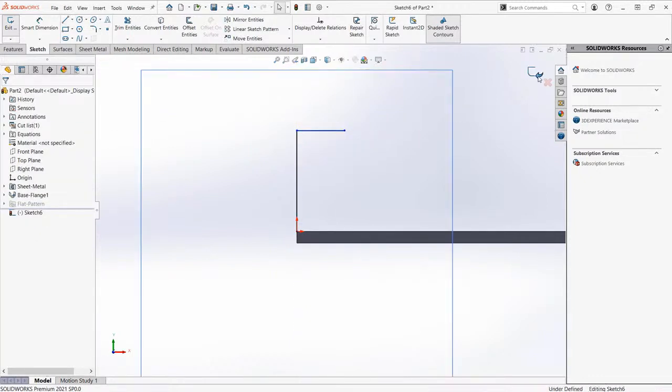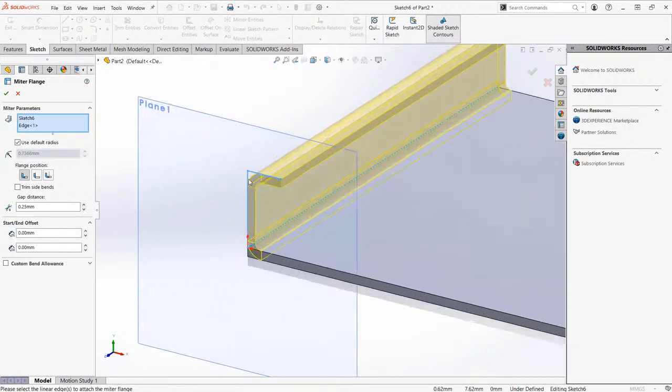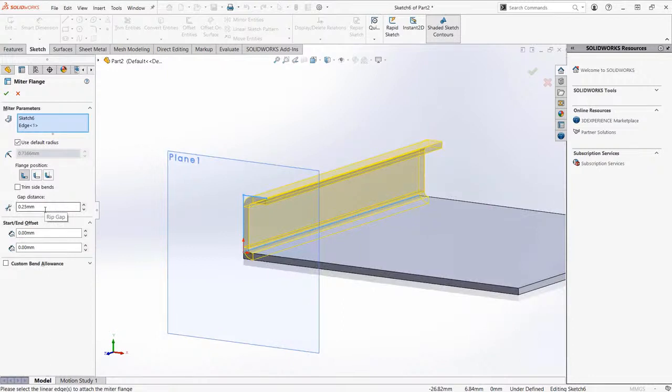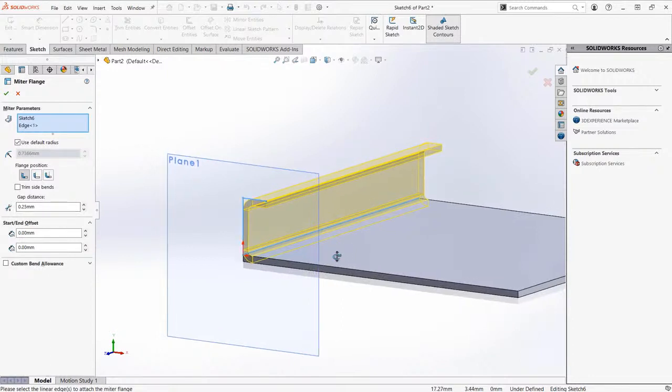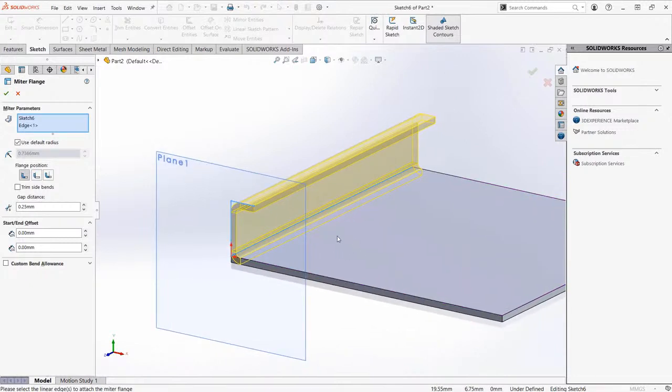Hitting escape and exiting out of this sketch. So notice it created an additional material or flange. So the usual parameters such as a flange position are available here. Okay, so once more, this looks like a simple edge flange, but the power of miter flange is